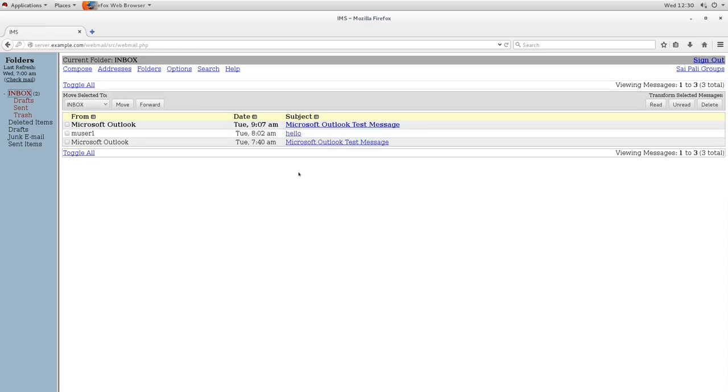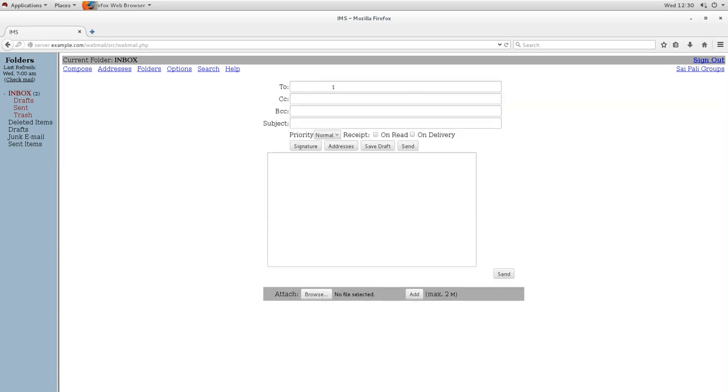Everything is there. If you want to send a mail, you can compose the mail. Like I want to send a mail to user 3 at server.example.com. Subject is hello. You can design your mail. Very simple it is.